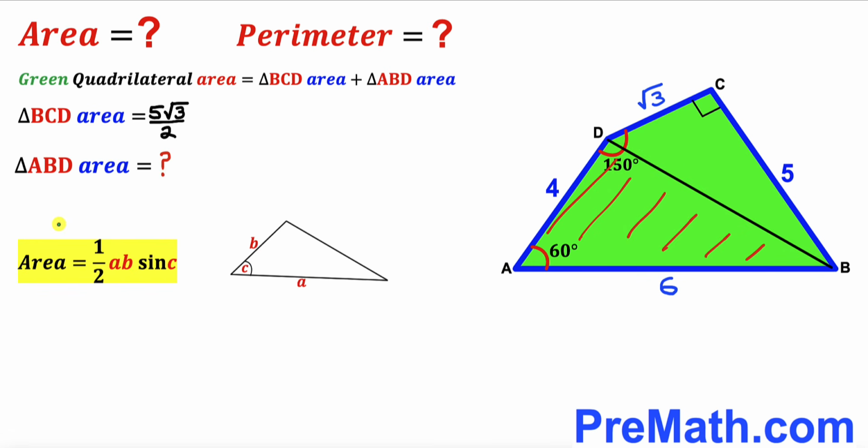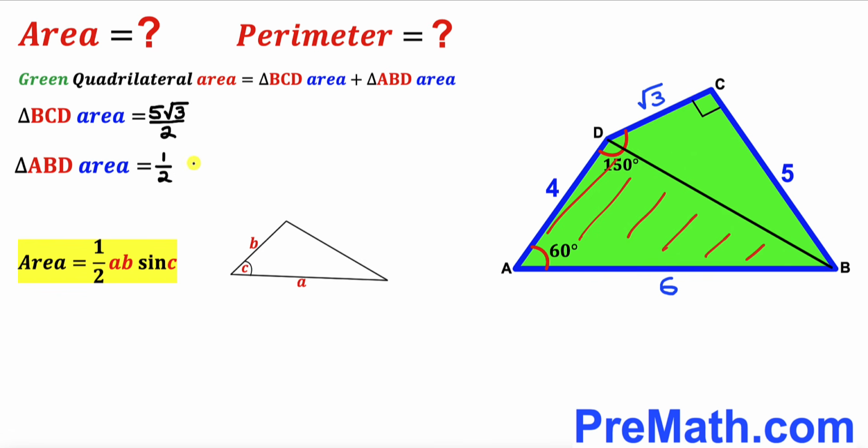And now let's recall the area of a triangle formula. Area is always equal to a half times A times B times sine of angle C, as you can see in this given triangle. We got these 2 side lengths A and B, and C is the angle in between. And here we can see our 2 side lengths are 6 and 4, and the angle in between is 60 degrees. So therefore this triangle ABD area is going to be